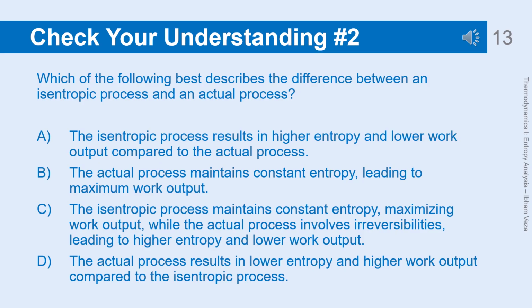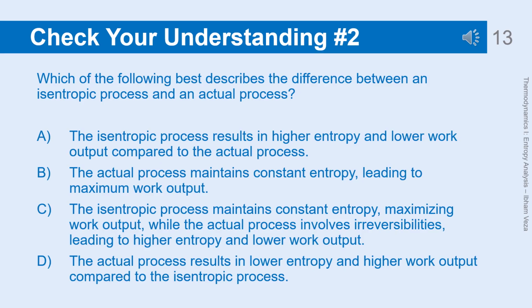Explanation: A. The isentropic process results in higher entropy and lower work output compared to the actual process. This is incorrect because the isentropic process maintains constant entropy and maximizes work output, while the actual process has higher entropy and lower work output due to irreversibilities. B. The actual process maintains constant entropy, leading to maximum work output. This is incorrect because the actual process involves irreversibilities that increase entropy and result in lower work output compared to